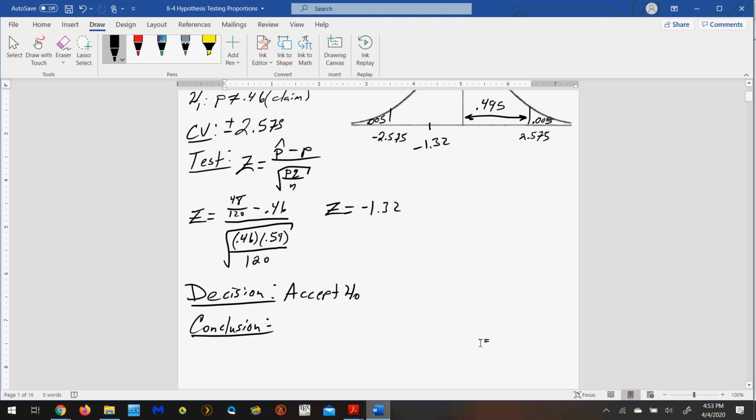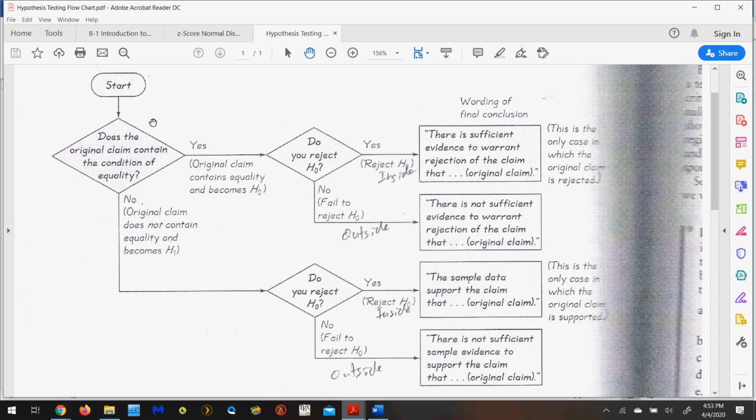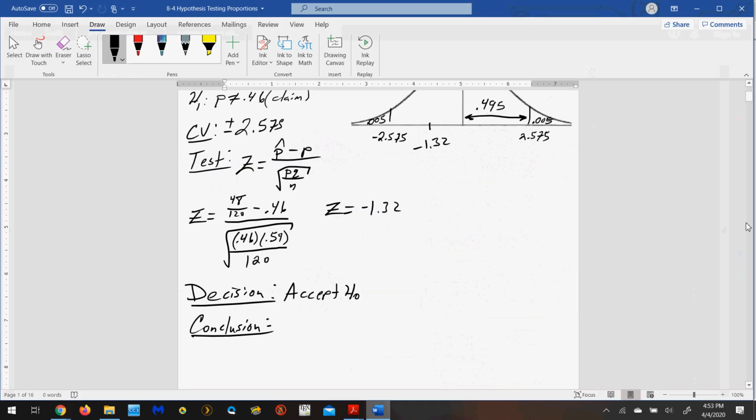Now for the conclusion, look at the flowchart. Did we start off with our claim containing equality? No. Not equal to does not mean equality. Do we reject the null hypothesis? Fail to reject is the same thing as accepting, so the very bottom conclusion would be the beginning. Which is the following: that there is not, or there isn't, sufficient sample evidence to support